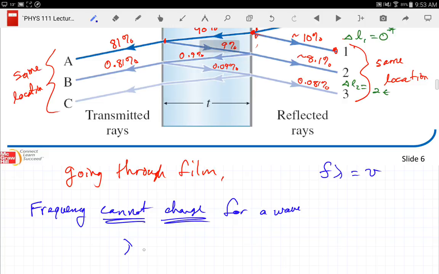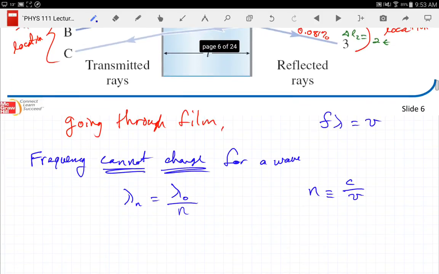So the wavelength in the material is equal to the wavelength that I had in air divided by this number n that is an index that tells me how much it slowed down. n is called the index of refraction. It is defined as the speed of light in vacuum divided by the speed of light in whatever the material is. So it's an index that tells me how much it slowed down and thus will tell me how much it shortened the wavelength. And so I am going to say the change in phase is going to be equal to that